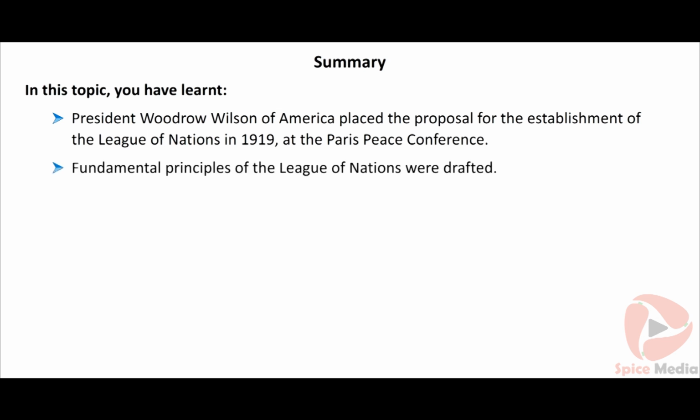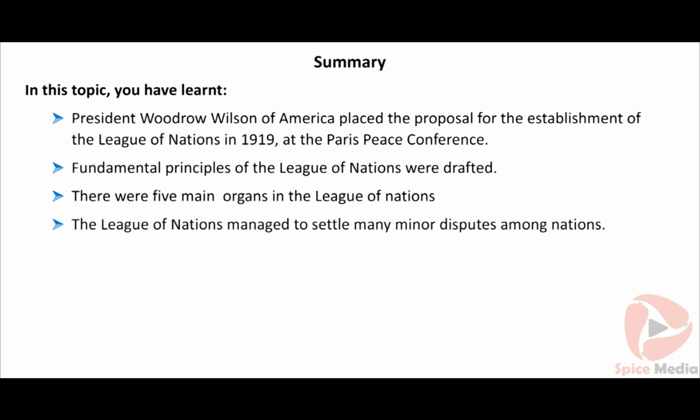Causes for the failure of the League of Nations. The main aim of the League of Nations of resolving disputes among nations through peaceful means was not successful. The United States of America, whose president was responsible for founding the League of Nations,